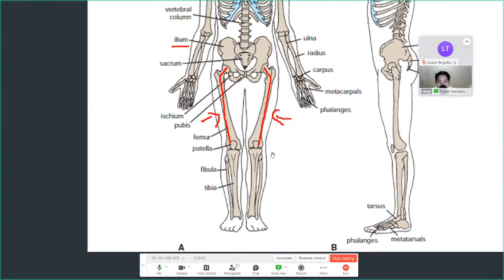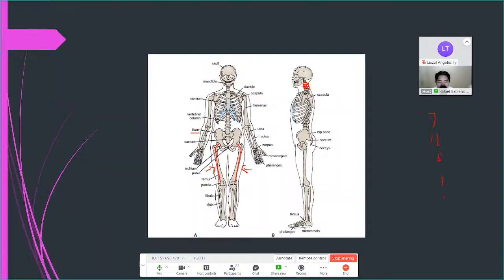Now, I don't know if you have discussed Wolff's Law in your physiology. Wolff's Law states that your bone will adapt to the forces that are given to it. Meaning, if you put more force, more stress into a bone, it will grow bigger. If you put less stress, you don't exercise, you don't give it weight, it will not grow. In this case, the tibia receives weight in the body. Normally, it receives a lot of stress, a lot of forces.